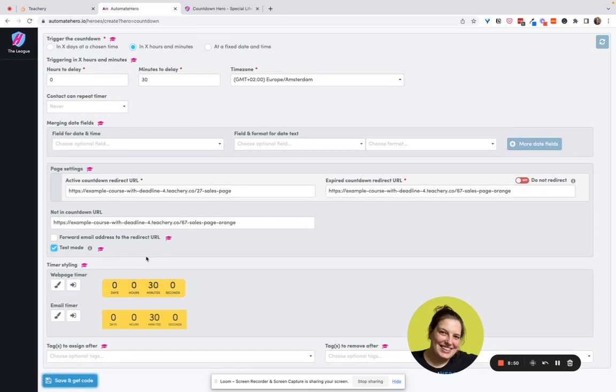You can always come in here and put it in test mode and then get back into your Teachery, but you don't want to be locked out of your system. So put it in test mode as long as you're working on it, and then take that off once you're done. Here we can see we can put a timer on our website